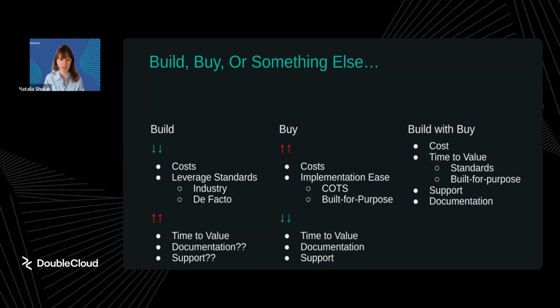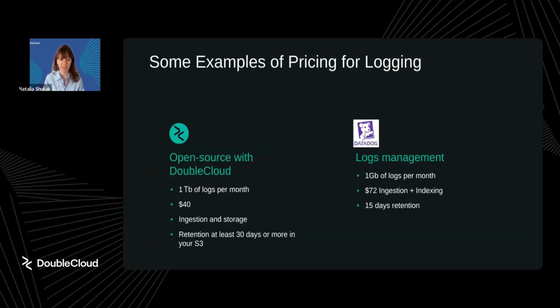Okay, so this sounds interesting. And yeah, we did some calculations here, just to price out using something like a Datadog here on the right, or open source with ours on the left. And because of the way that we manage your logs, we keep the hot logs on SSD, and everything else goes to object storage. And that's where you get that $40 a month, so it makes it cheap to retain those logs in S3, so that if you do need to go back and do some type of analysis later on,